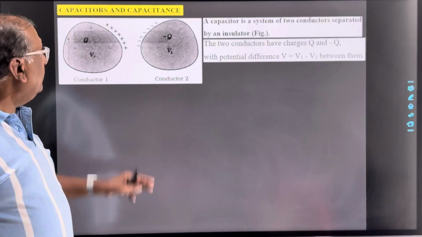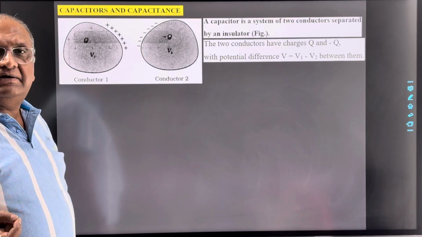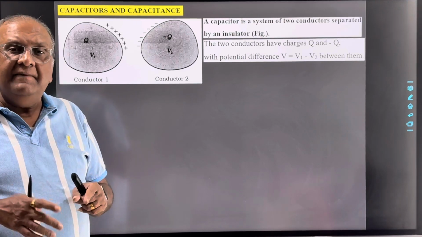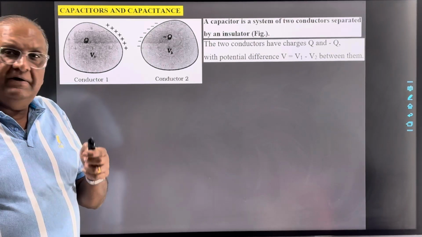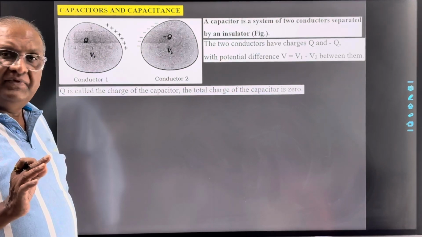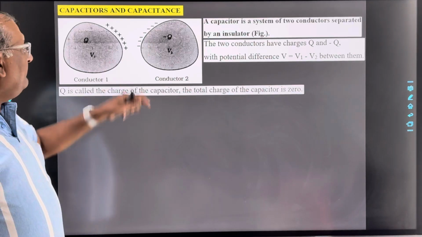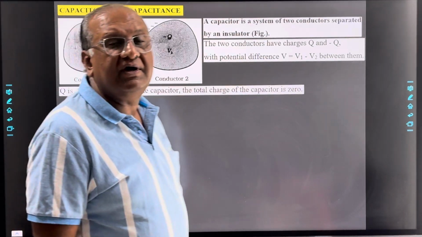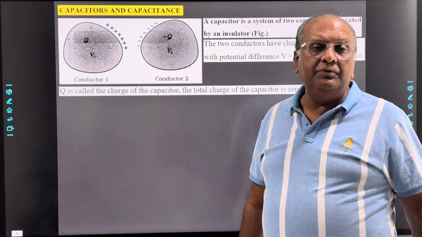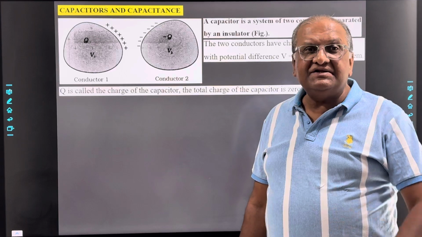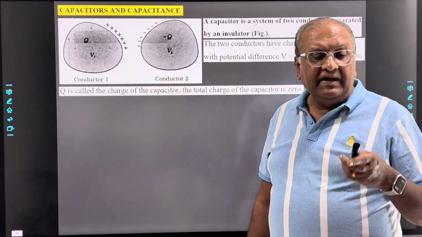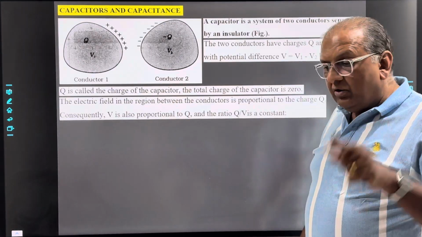Clear? Now here the charge of the capacitor is said to be Q. The total charge of the capacitor, that is the summation of these two, comes to 0. Now here the electric field between these two conductors is directly proportional to the charge Q. So we can understand that if the electric field is directly proportional to charge Q, then the potential difference is also proportional